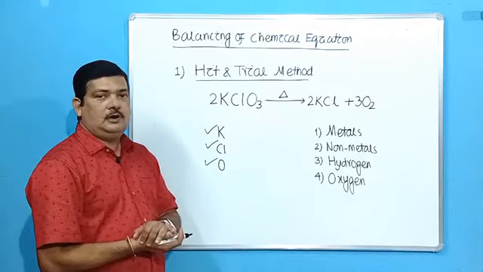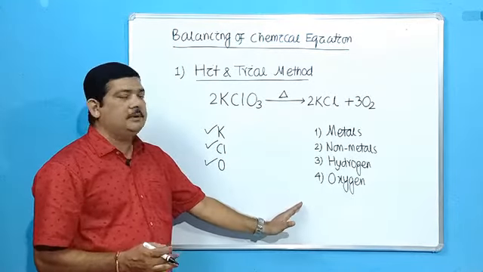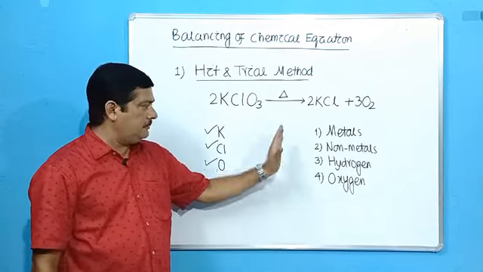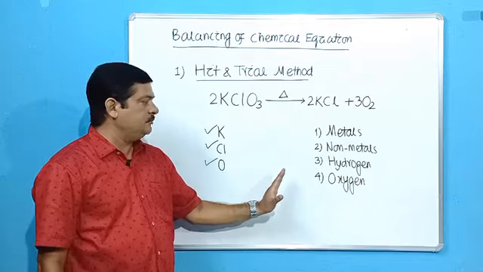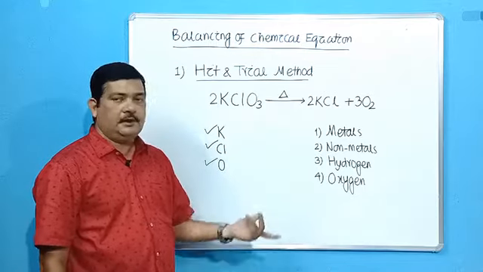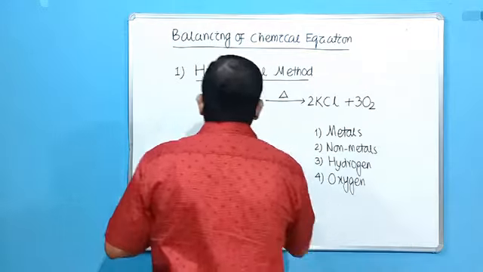So like this we have to balance the chemical equations, and we have to remember this sequence in our mind. We have to keep this in mind that we have to first go for metals, then go for non-metals, then go for hydrogen, then go for oxygen. Okay. Then another example is